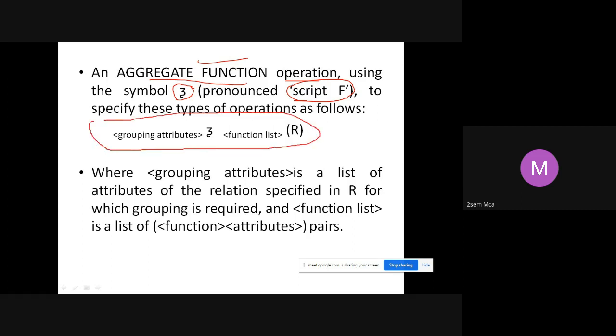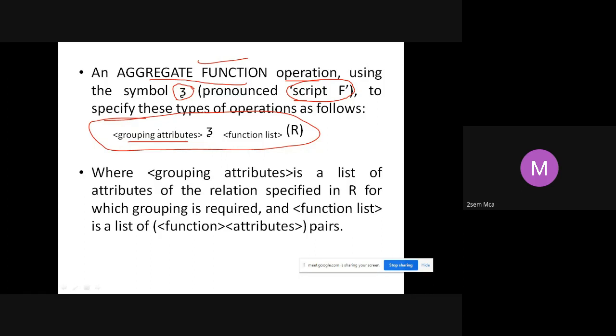Look at this. We are going to specify the grouping attributes. That means on what attribute you want to group it. For every branch I have to find the number of employees, or for every branch I find the maximum GPA. So for every branch you are doing, that branch is a grouping attribute.